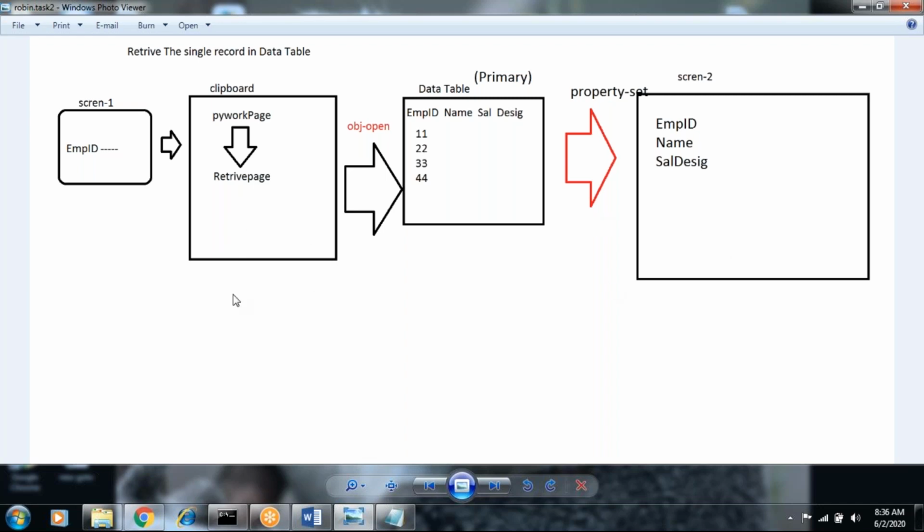The data will be copied into that retrieve page only. In the data table, the default page of the data table is the primary page. What is a primary page? We'll discuss.